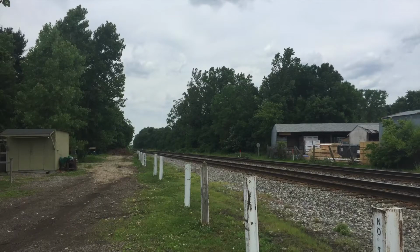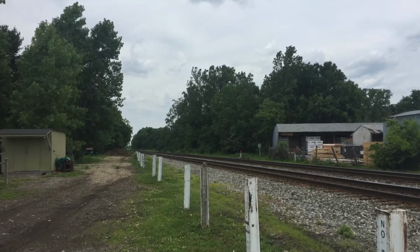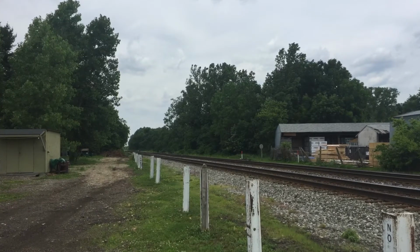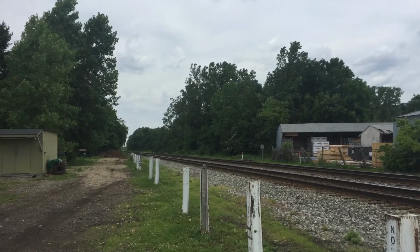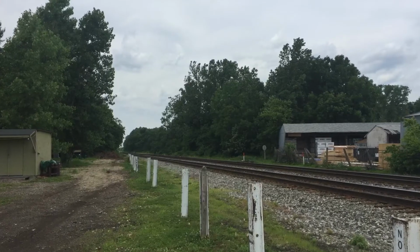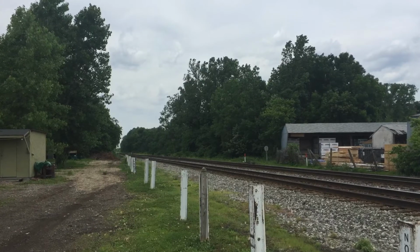After seeing that, we then moved to the very next day, on June 26th, 2020, and we are back in Worthington, Ohio on the CSX Hocking Valley line. There are two reasons why we are here. One, because Norfolk Southern Sandusky District traffic has dwindled down drastically, and two, there's a CSX southbound tanker train symboled